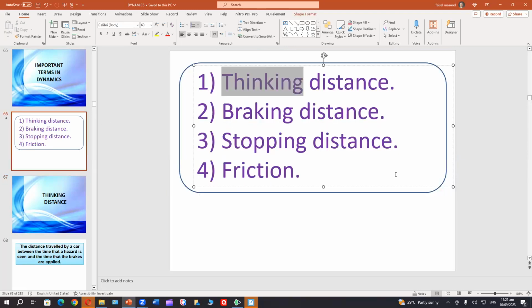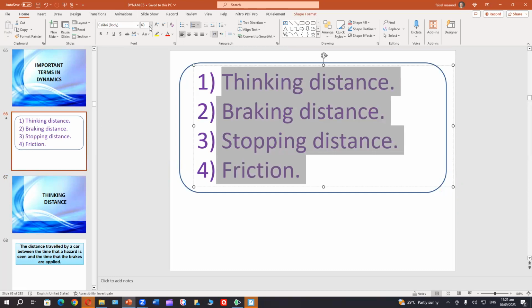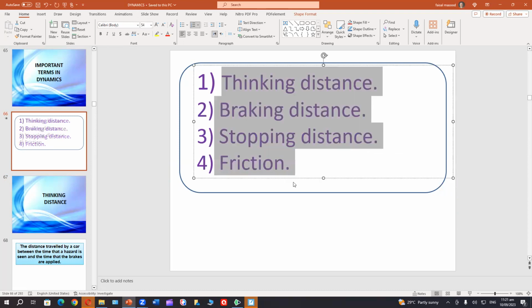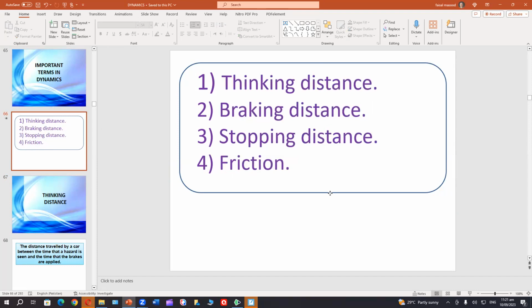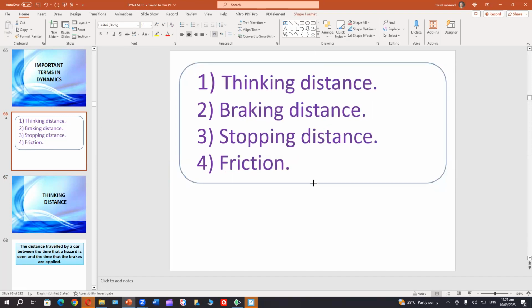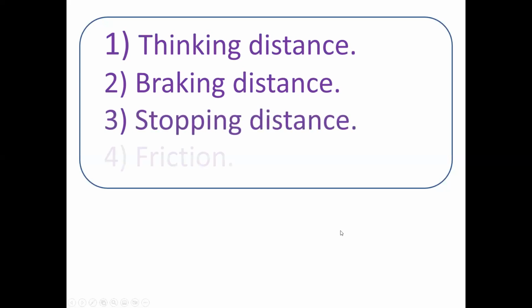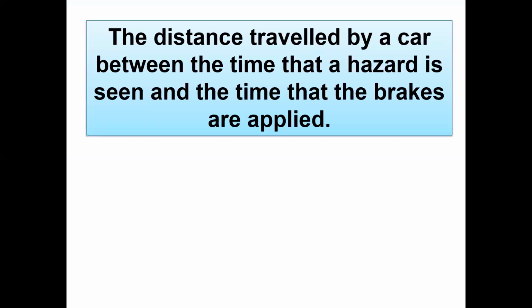So suppose you're driving a vehicle and a situation appears in front of you, any person is on the road or any speed breaker is there, and you have to slow down or apply the brakes. So during the reaction time of the driver,